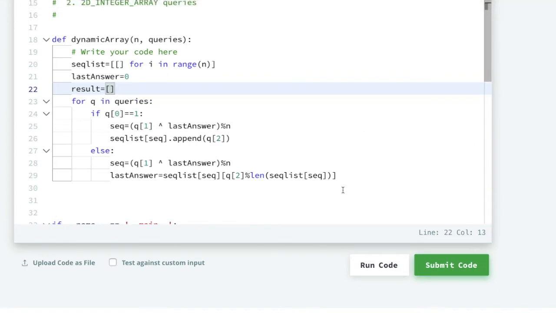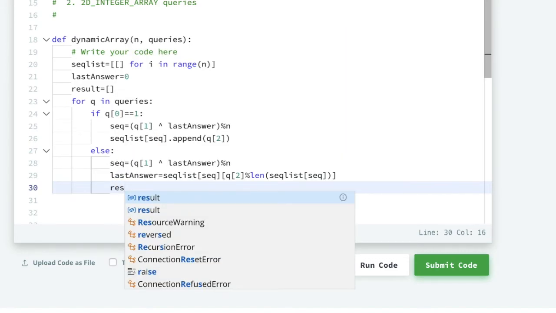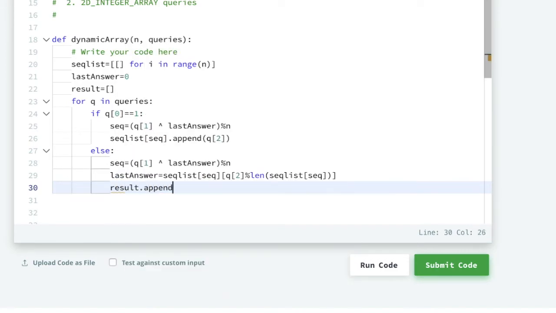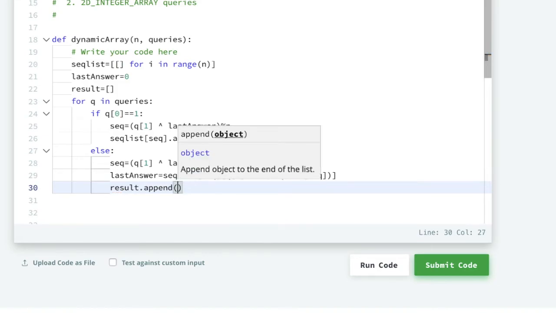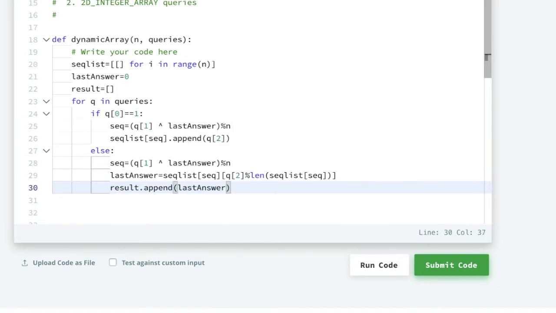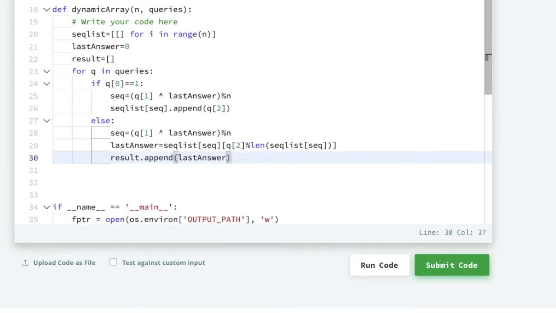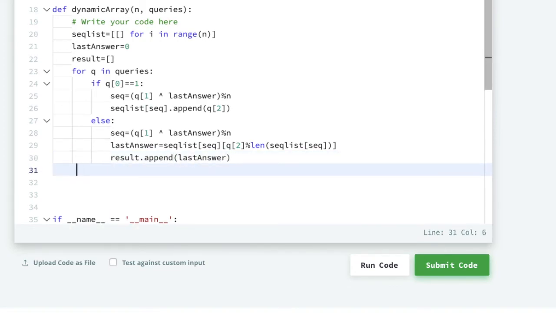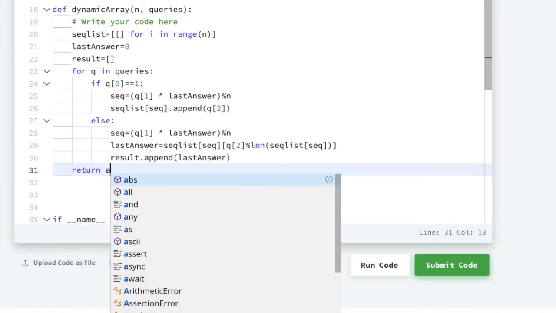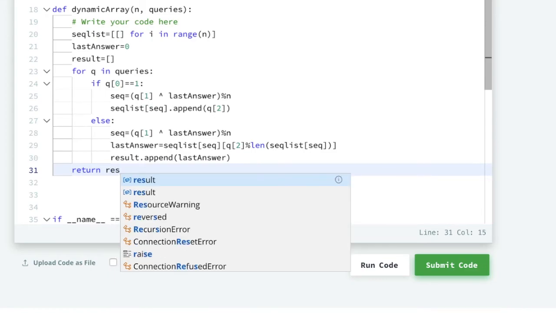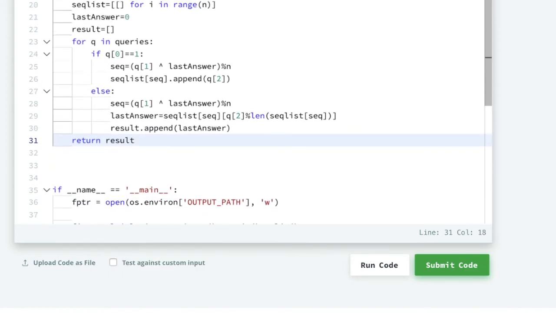Each time we have to append our answer here. So result dot append the last answer, and at last we have to return this answer. Return answer, and the answer is saved in our result.